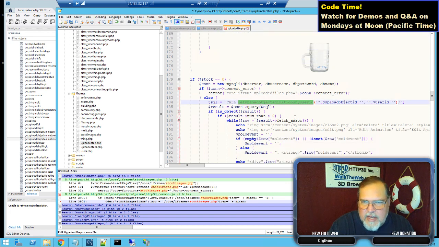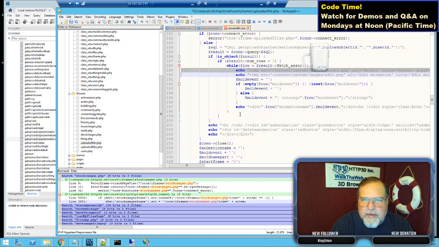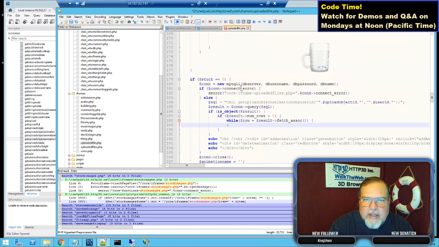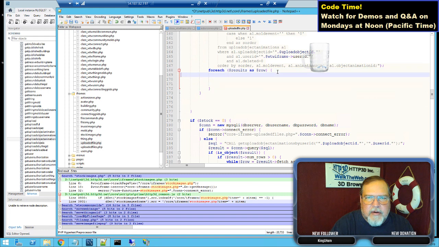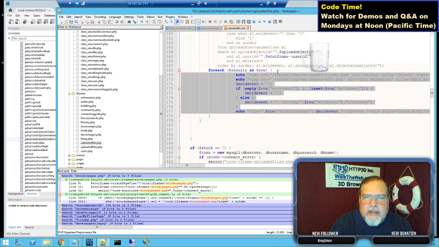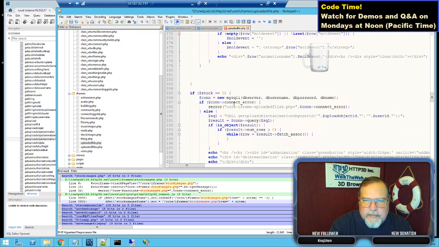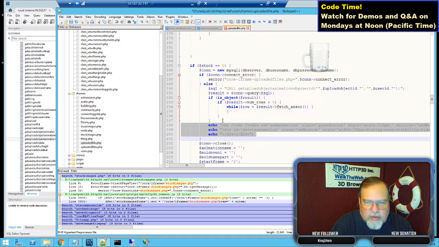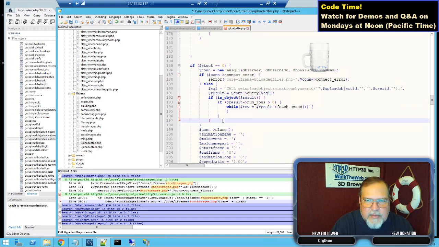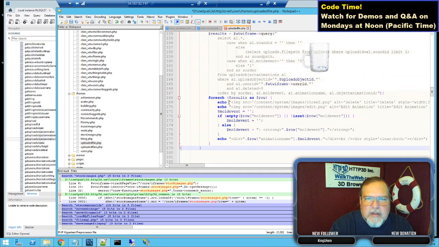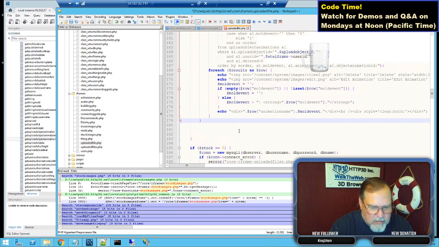Okay, we're doing that, and if there's any rows returned, we do this, and it's going to be from right there to there. So I'm going to copy that out of there, put it here. And then following that, I have it echoing these things regardless, just because it started them, it's finishing them. So we're going to put that outside of that. I believe it's the same level as that one. So here,